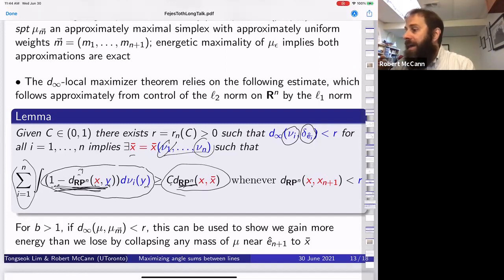So as long as x, oh, now I'm confused. I think there's a typo here. So this x bar is approximately x_{n+1}. And I'm honestly not sure if this should be x bar or x_{n+1} here, but when the distance of x to one of these guys is small enough, then I get this domination. And what this lemma basically tells me is, now